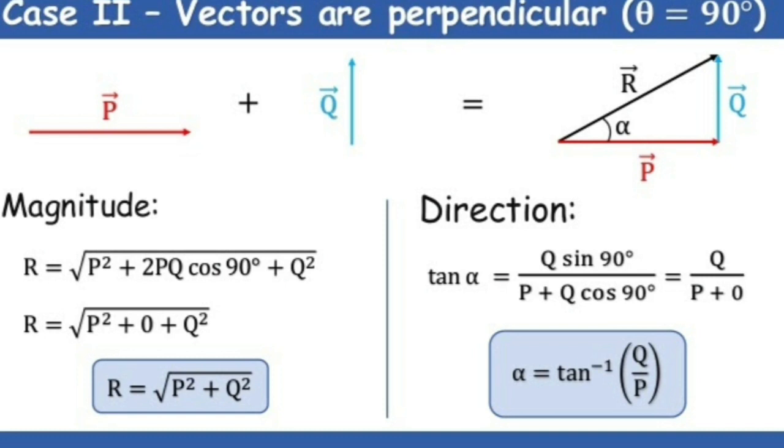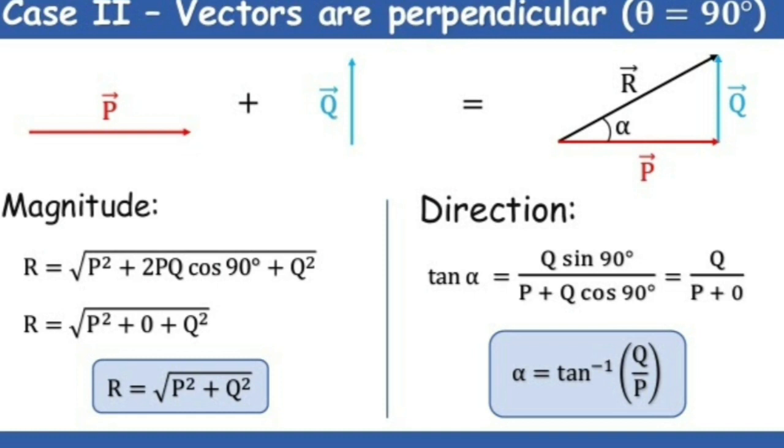To find the resultant, here it is shown with just the triangle law, but whatever be the law, the magnitude and direction is given by these two equations. Even if the diagram shown is as per the triangle law, you can use these two equations which we have already discussed. So we have magnitude R is equal to root of P square plus 2PQ cos 90 plus Q square. You know cos 90 is 0. So that middle term is becoming 0. So we have root of P square plus Q square.